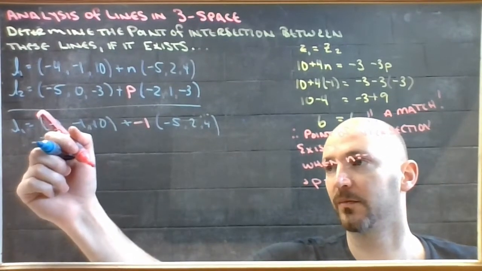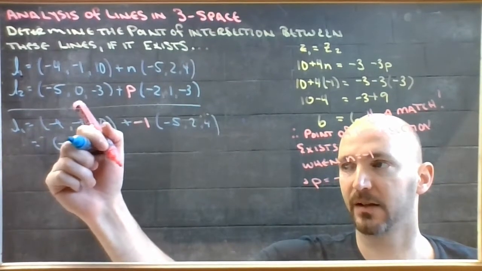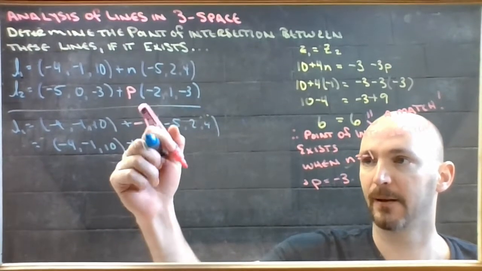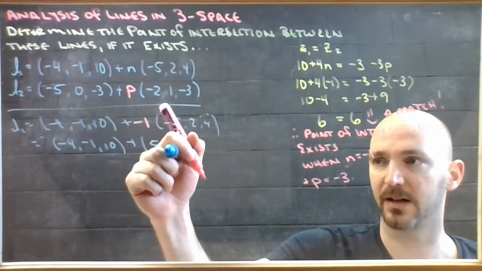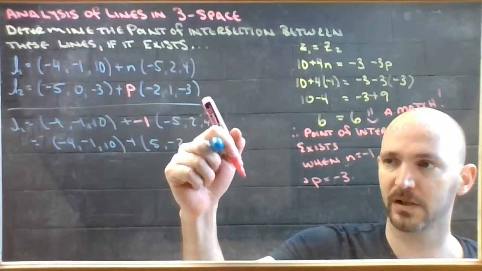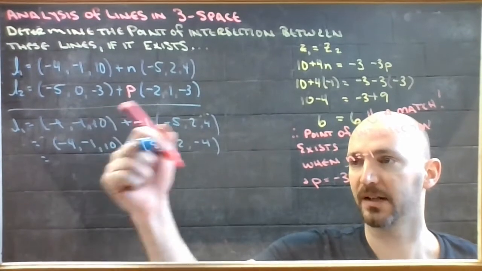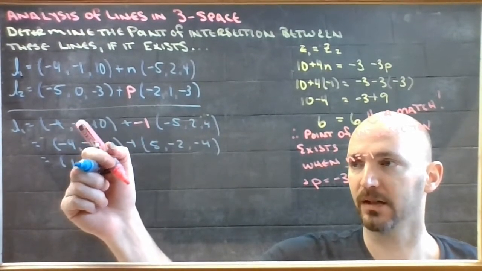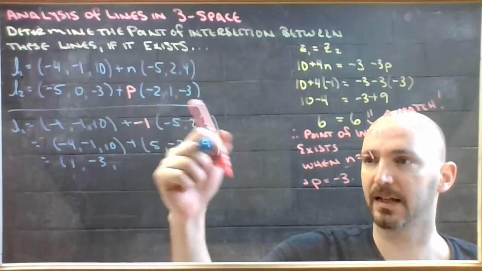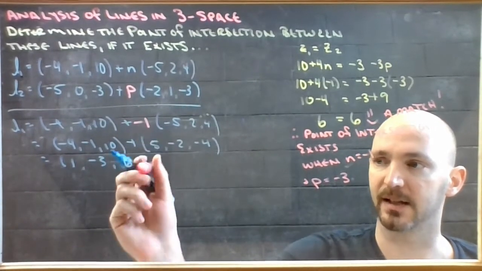So my point then would be -4, -1, 10 plus negative times this would be 5, negative times this would be -2, negative times this would be -4. -4 and 5 is 1. -1 and -2 is -3. 10 and -4 is 6. Now notice,